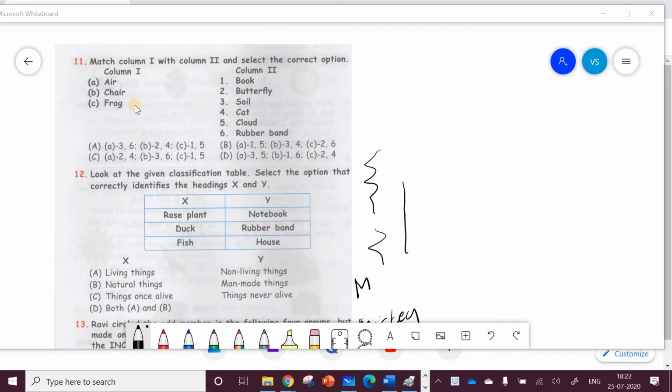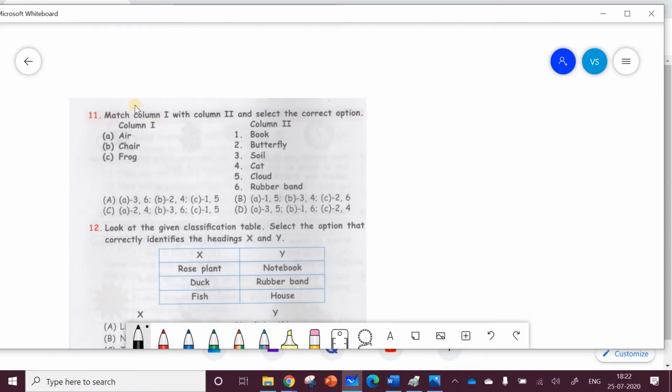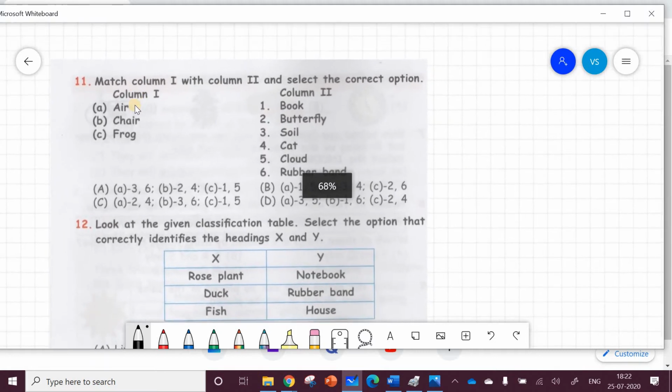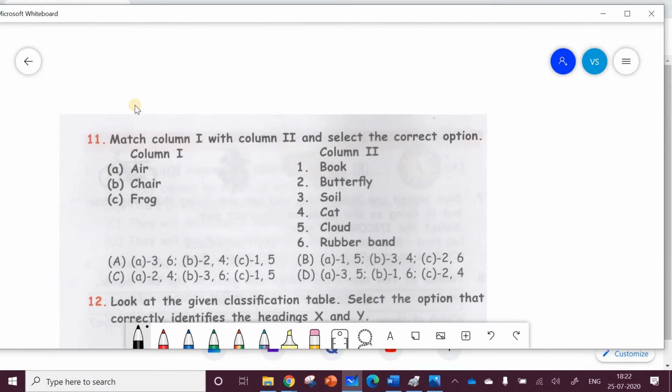First and foremost, let me delete these drawings here, which were created by our own Avnish. And Avnish, we will go question by question here. All right, let's see the first question. It says match the following. I hope it is clear to you. I'll increase it in size a little bit. Now it says match column 1 with column 2 and select the correct option.